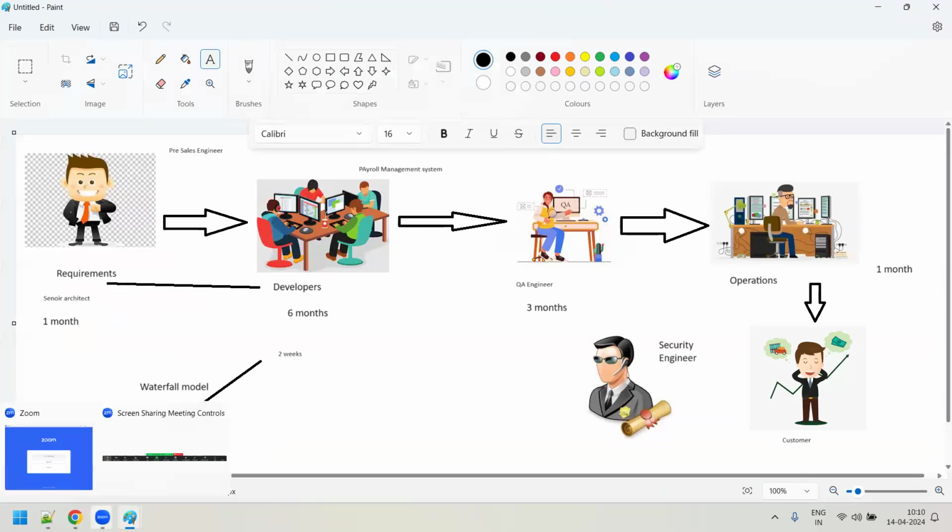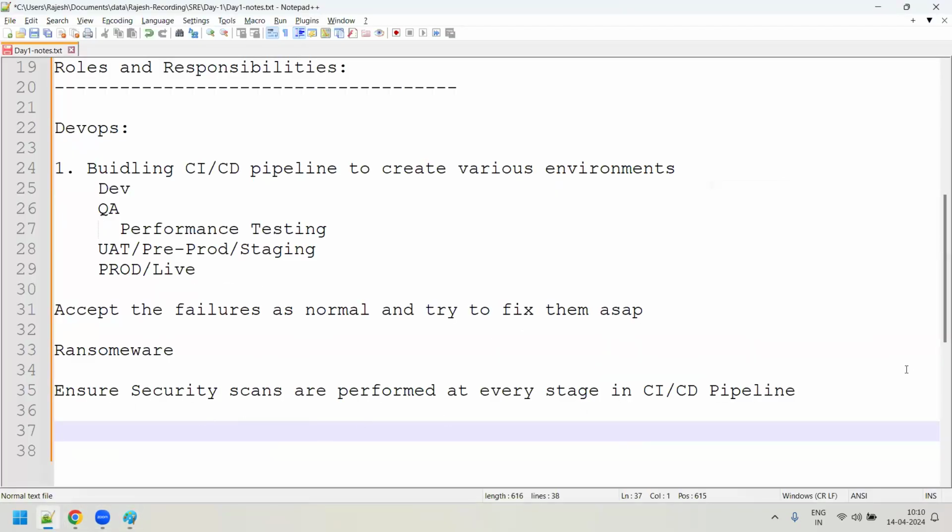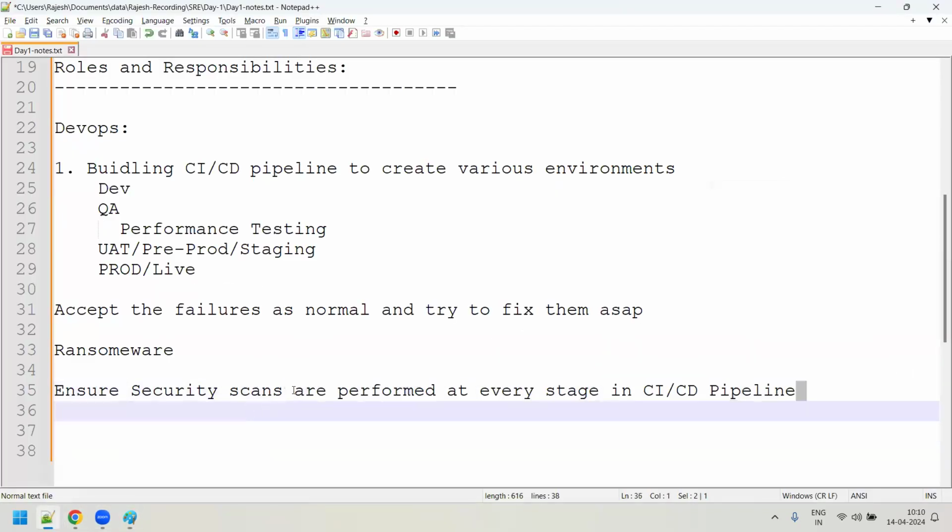By the way, whatever we are saying, this is what DevSecOps is all about. These are the roles and activities of DevSecOps. Of course, there are many others. I'm saying it at a very high level. What the DevOps engineer does is make sure that security scans always happen in each and every stage of your CI/CD pipeline,